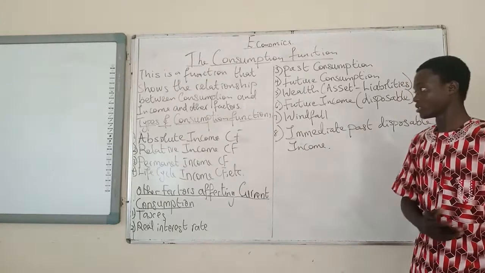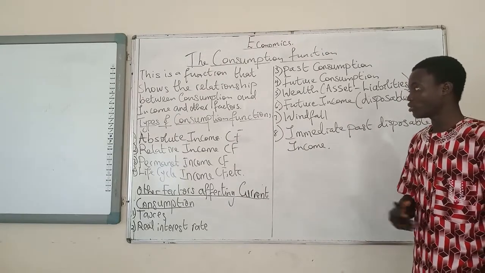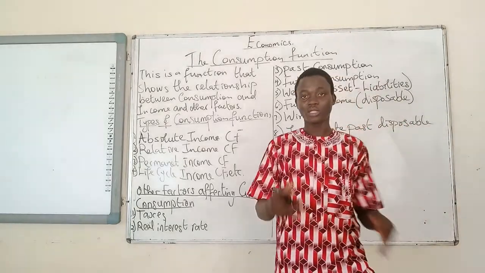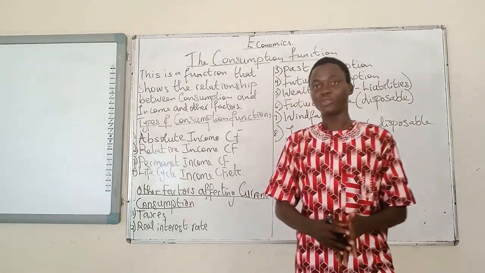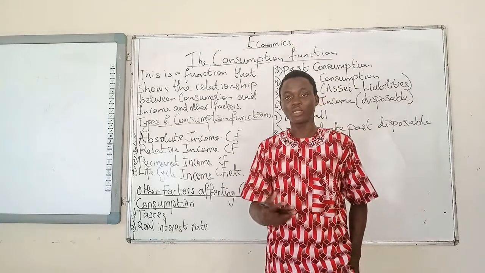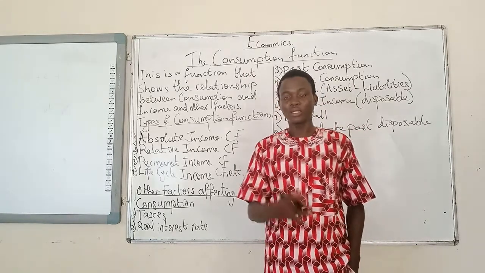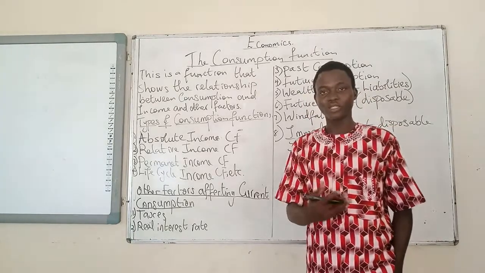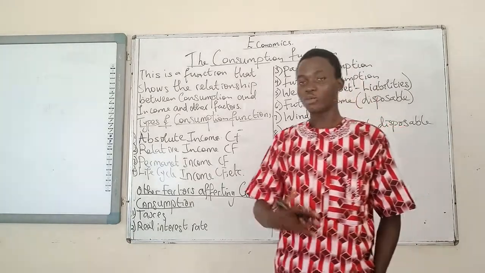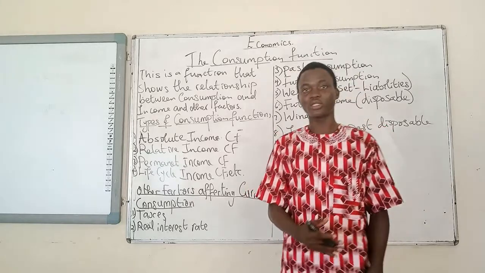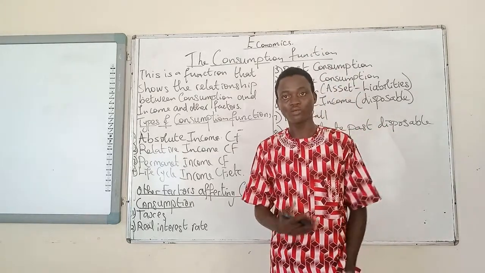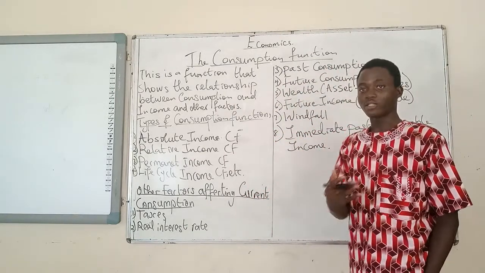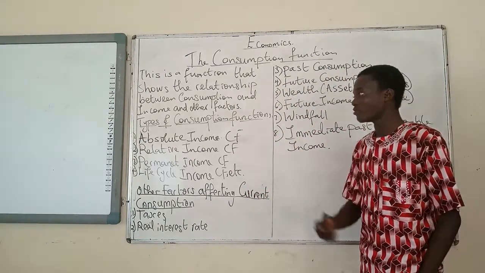Now let us talk about some of the consumption functions that we have as a result of different consumption hypotheses. Number one, we have the absolute income consumption function. In this case, current consumption is seen to be a result of the current income of a consumer. In the technical sense, current consumption is influenced by the current disposable income of a consumer. So when we have a function that shows the relationship between the current consumption expenditure of a household or an individual and the current disposable income of an individual or a household, we already have an absolute